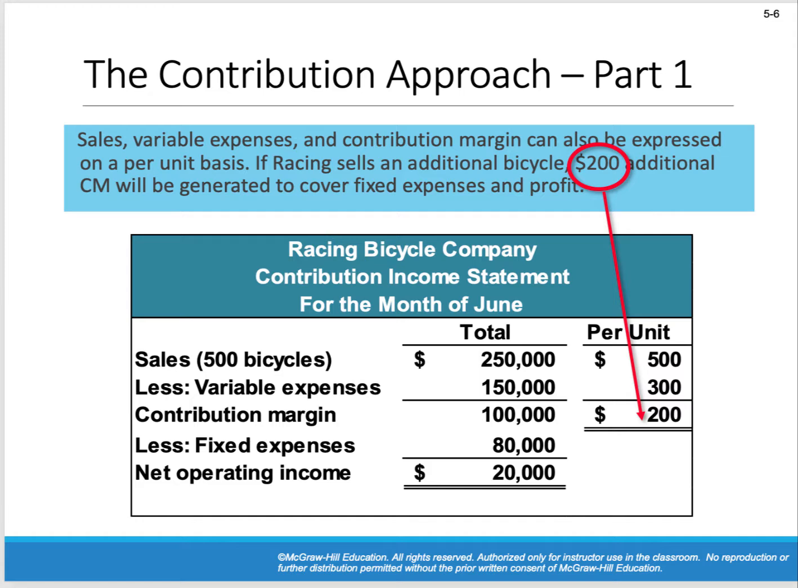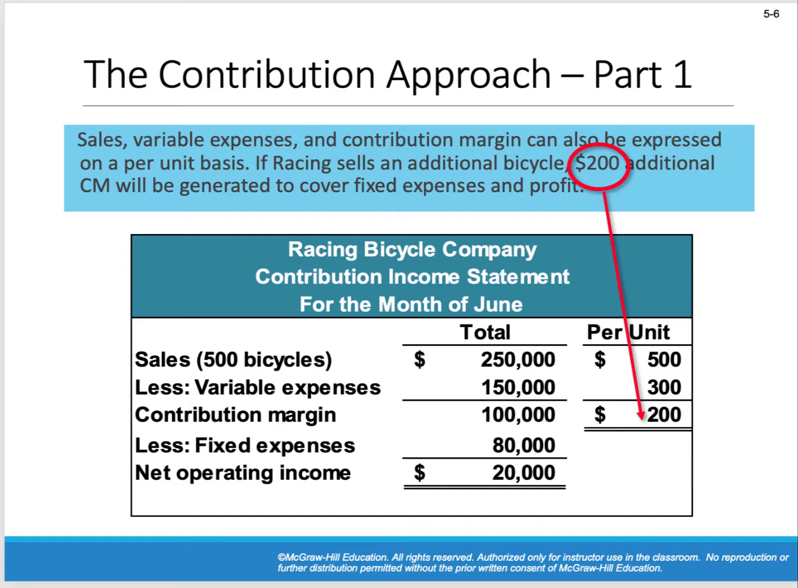Whenever we conduct or do contribution or CVP analysis, it's always a good idea. In fact, this is a rule of thumb. Whenever you're doing CVP analysis, it's very useful for us to take sales, our variable expenses, and the contribution margin, and not only express these in total, but also express them on a per unit basis like we see here. So let's look at